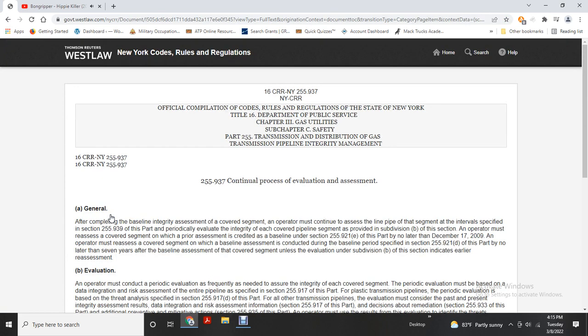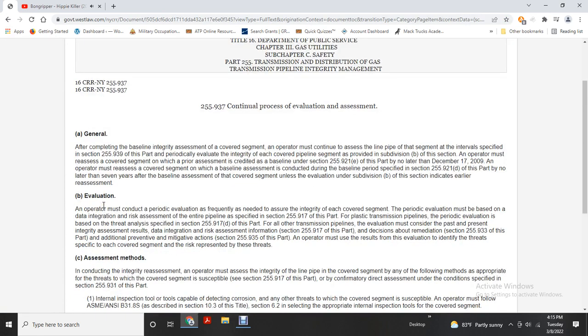Our continual process of evaluation and assessment. After completion of the base integrity assessment of the covered segment, the operator must continue the assessment of the pipeline segment with the interval specified in section 255-939. Periodically evaluate the integrity of each of the covered pipeline segments of the subdivision B. With the section, operator must be reassessed with the covered segment of the prior assessment credited as a baseline